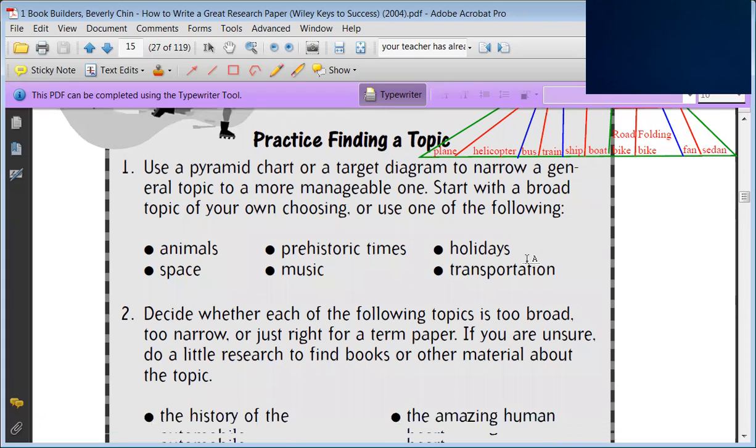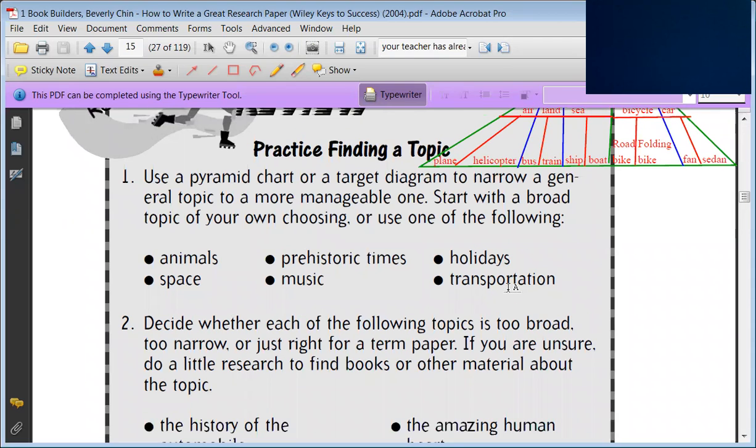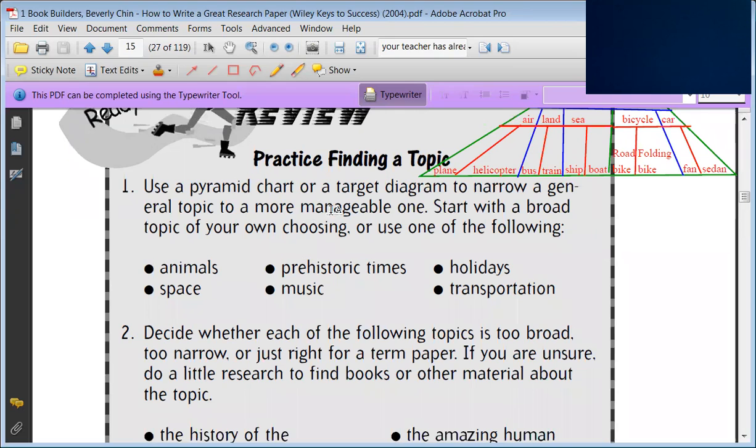You can choose a topic of your own or one of these topics, for example, animals, space, music, prehistoric times, holidays, transportation. You can choose one of these or choose your own broad topic. As you can see, all these are broad or general topics, so we have to trim them down or narrow them down by the